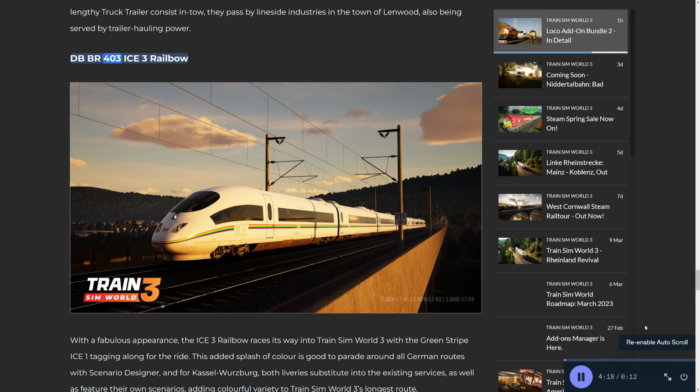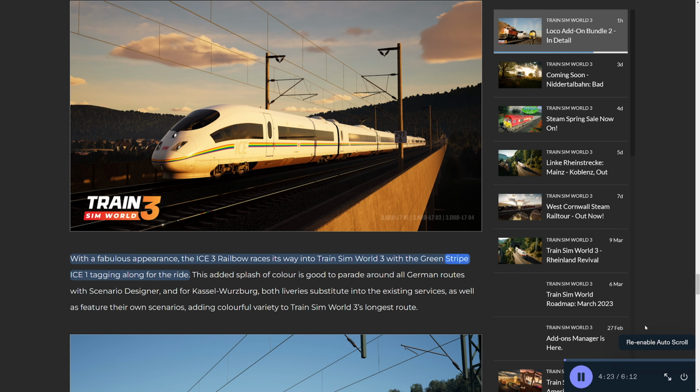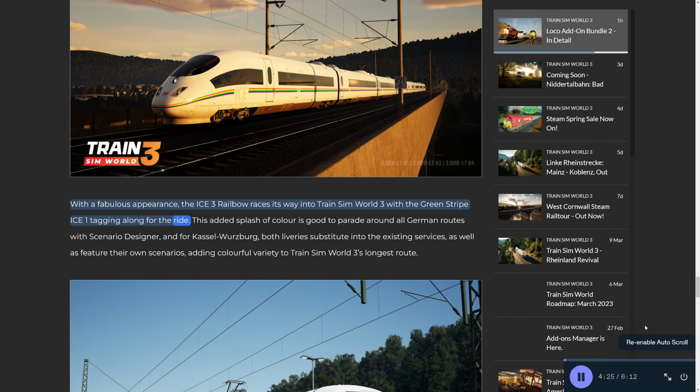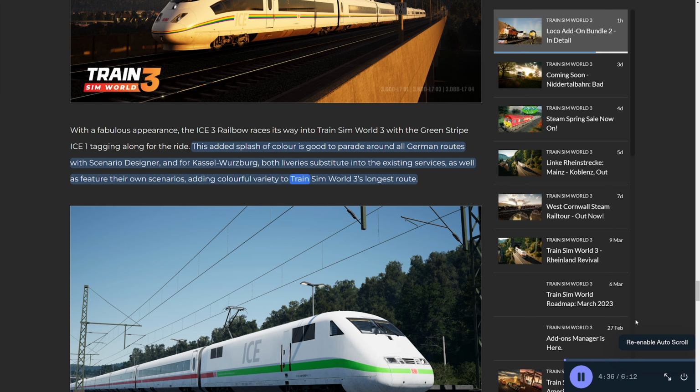DB BR 403 ICE 3 Railbow. With a fabulous appearance, the ICE 3 Railbow races its way into TrainSim World 3, with a green stripe ICE 1 tagging along for the ride. This added splash of color is good to parade around all German routes with Scenario Designer, and for Kassel-Würzburg, both liveries substitute into the existing services, as well as feature their own scenarios, adding colorful variety to TrainSim World